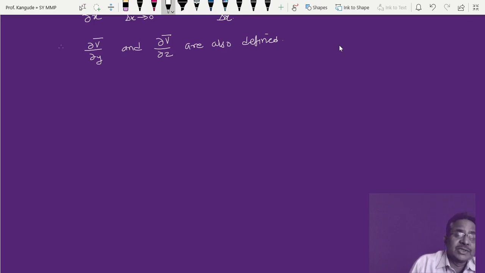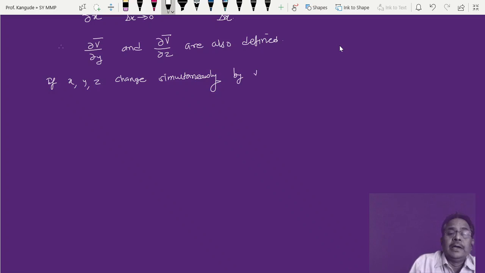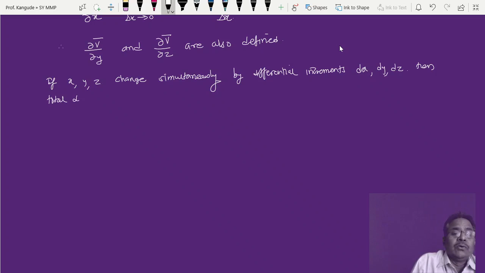Now if all these three variables x, y and z change simultaneously, at the same time all are changing by differential increments, not elements, increments, respectively dx, dy and dz, then what we get is called the total differential. Then the total differential of v bar